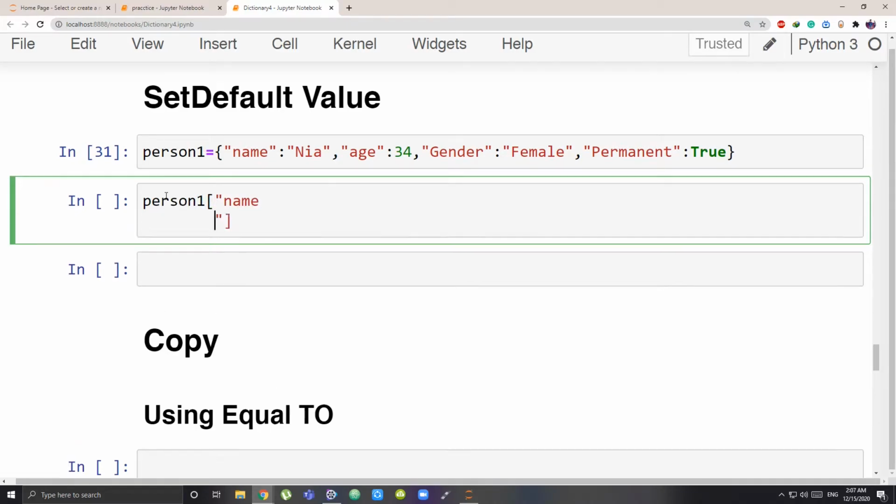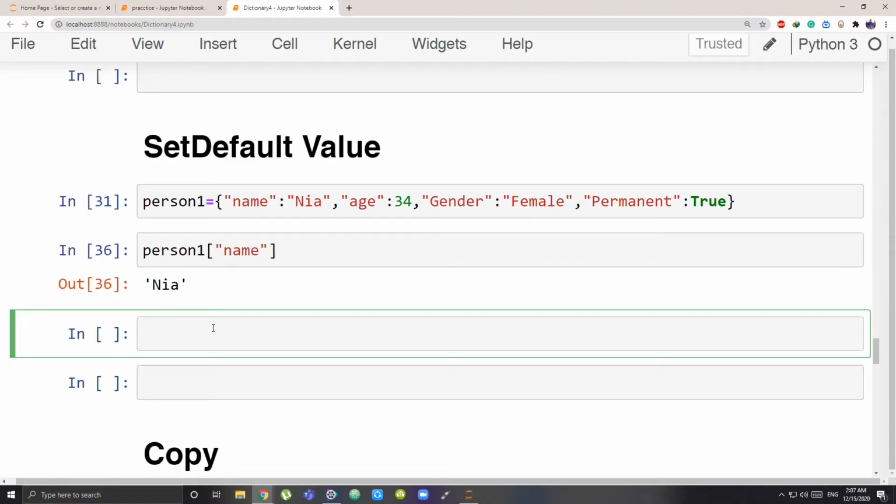From person1, what do I want? Extract me the name. Suppose that from this dictionary person1, the name of that person1 is very important, and you will be needing that again and again in your program. So instead of again and again accessing that value using person1 square bracket name or using dot get, you can just set the value using the dictionary. So I can just make it simple, name1. Name1, that means name of the person1 is